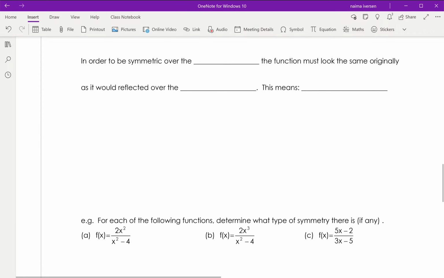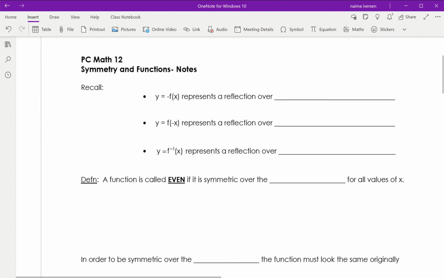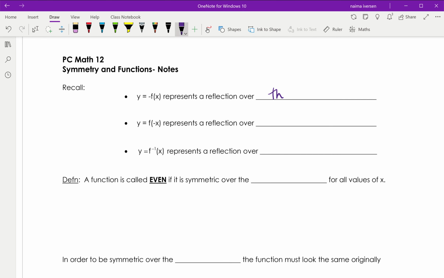All right, so we're going to take a look at symmetry and functions for a quick little review of how that works, or learning how that works. If we have y equals negative f of x, it represents a reflection over the x-axis because we're multiplying our